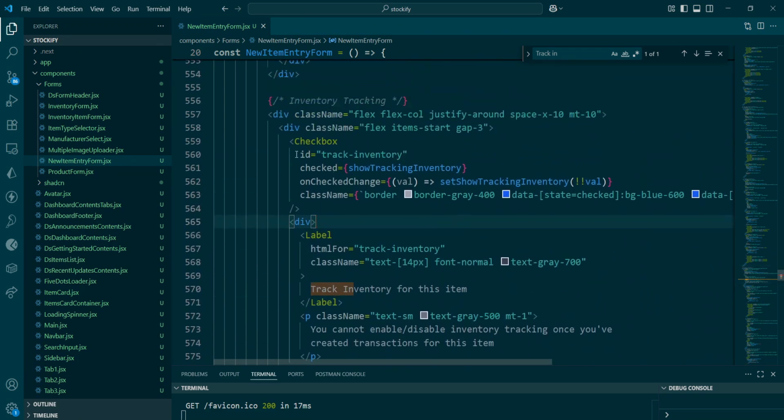It takes in these props, the ID. We are using the ID so that we know when this checkbox has been checked or unchecked. We are taking the checked property, and we are going to use it to determine whether this part of the form is actually checked by the user. And onCheckedChange is another prop coming from the shadcn checkbox, and we are assigning this arrow